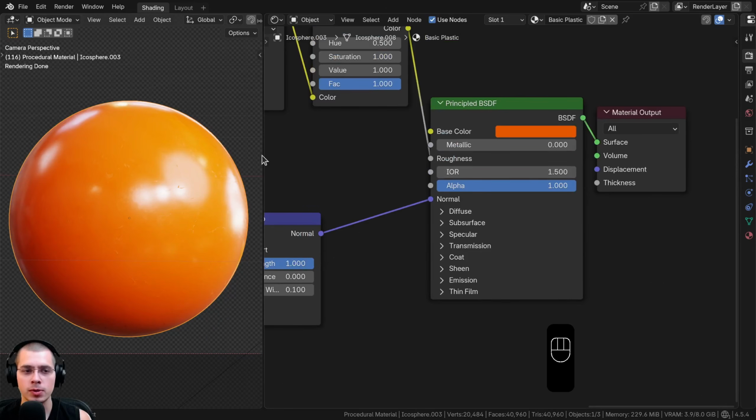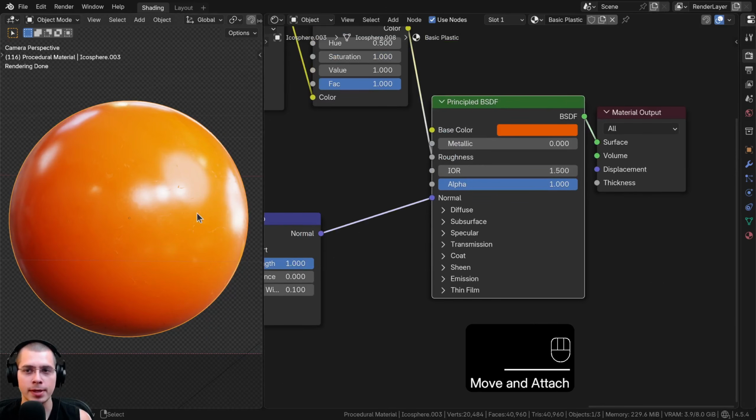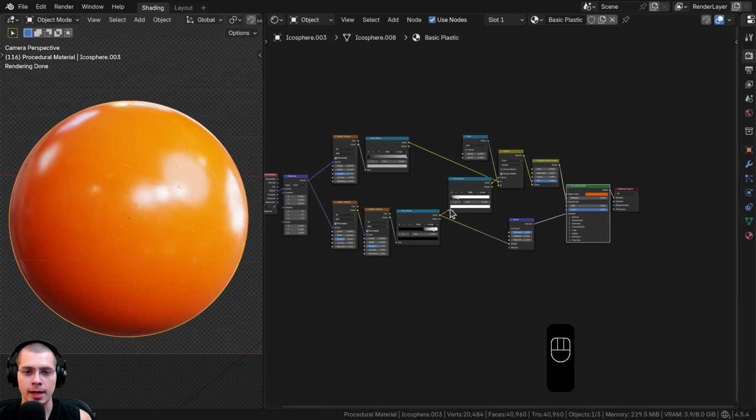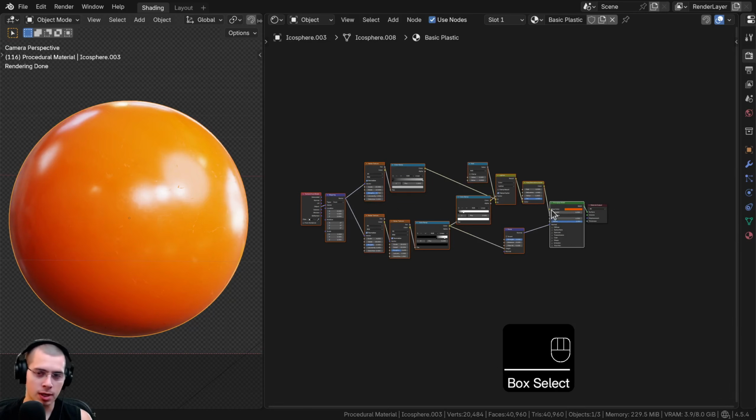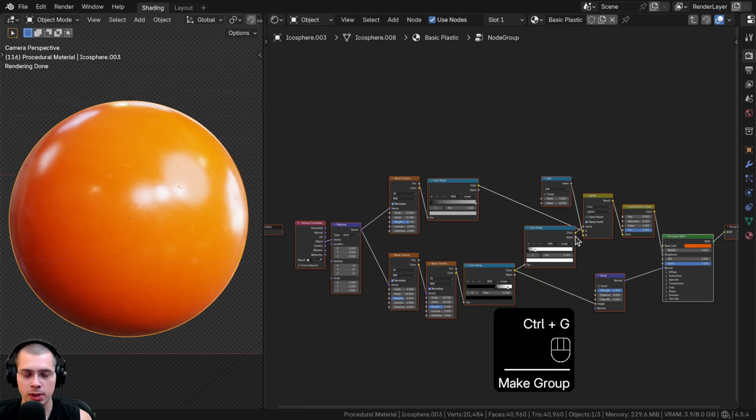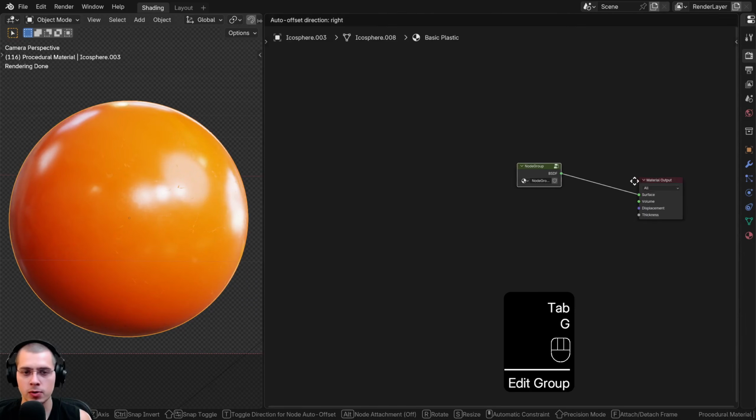But I'm not going to use any of those settings because this is just going to be a basic plastic material. So that is it for the procedural material. So I'm going to box select all the nodes except the material output, and I'll hit Control G to join them together into a node group, and I'll hit Tab to go outside the node group,